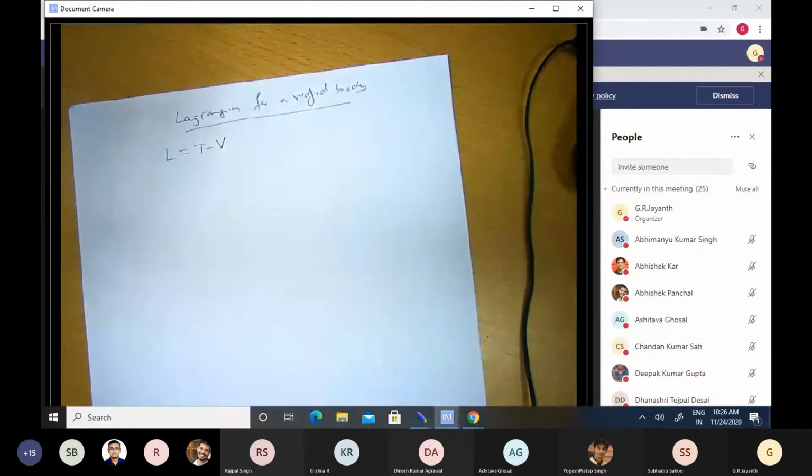What about the kinetic energy? A rigid body not only undergoes translation but also undergoes rotation. Right? So we have to take into account the energy associated with the rotational motion of a rigid body as well when we compute the kinetic energy. So let us first briefly do that before we write down the Lagrangian for a rigid body. I'll take a specific example, write down the Lagrangian and solve some more problems. Okay, any questions so far?